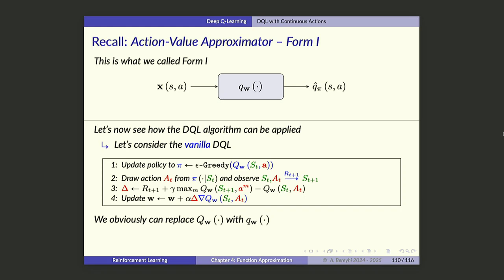But this is not the only place where you are doing the maximization. Is there anywhere else that you do maximization? That one is indeed much more complicated. Do you see anywhere else in this loop, in this algorithm, that we are looking into the action with the maximum value? Yeah, go ahead. The epsilon greedy update. Yes, when you want to update, because you want to find out epsilon greedy, you need to know what is the action which has maximum value. Again, you need to maximize it.